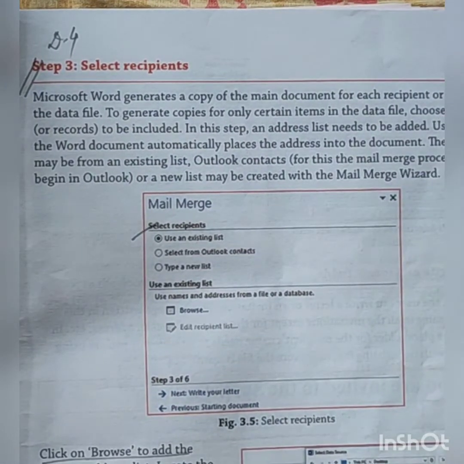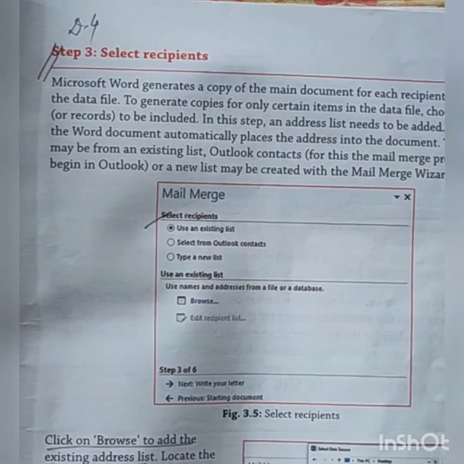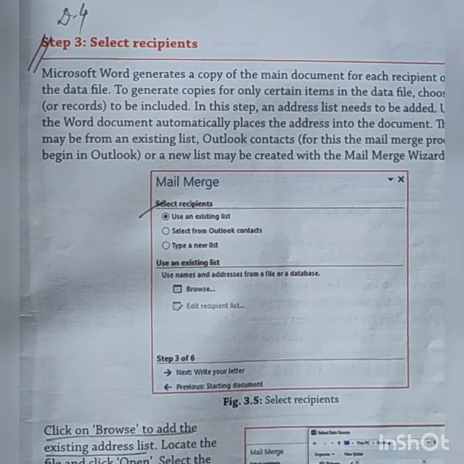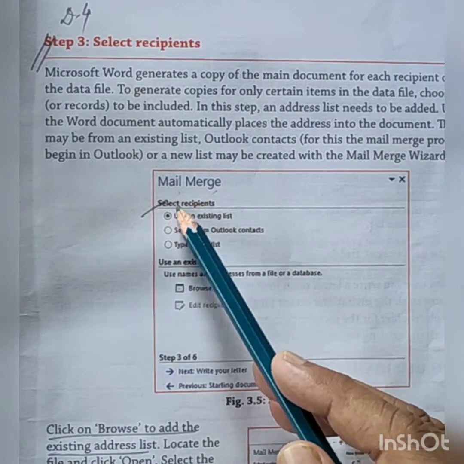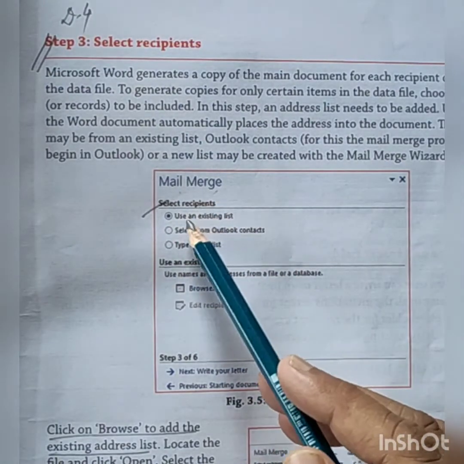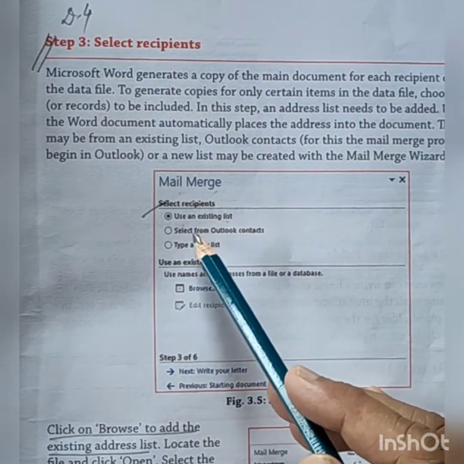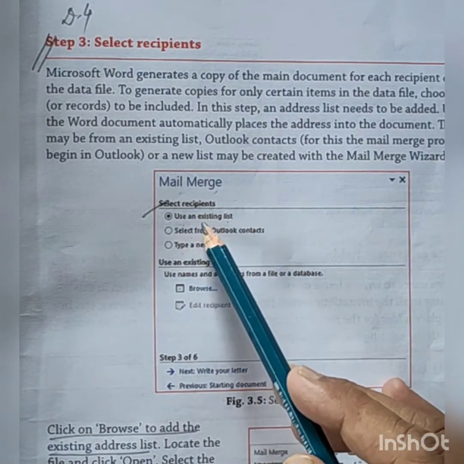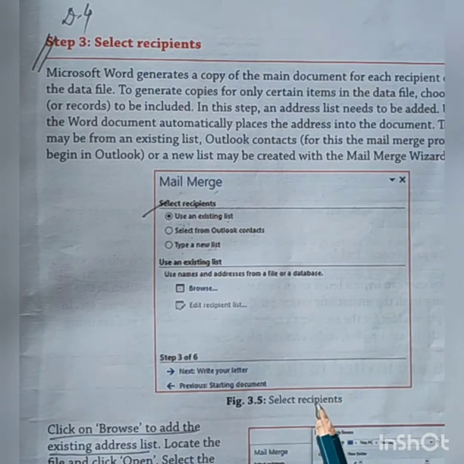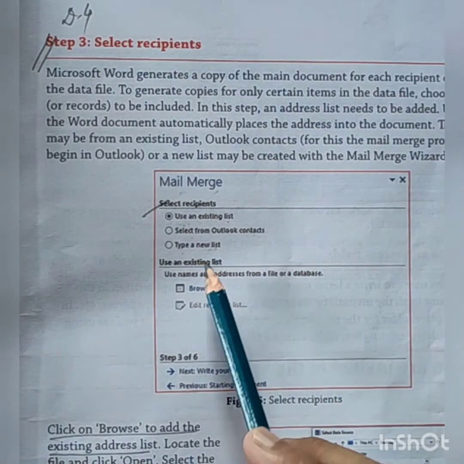After that, we'll go to step 3. What will we get in step 3? We'll come to the mail merge, select recipient. Options are: use an existing list, select from Outlook contact, type a new list. Use an existing list means we have an existing list.